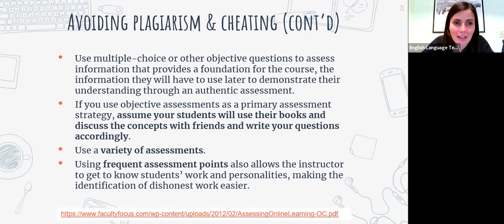If you have a student who could barely write a discussion post, and then they produce at the end, like Gabriel was saying, a perfect text because Google Translate is so good nowadays, right? Then you can catch it easier if you have that knowledge about the student, right? Which in many ways is much easier face-to-face to get to know the students. And so by having them produce all these things, graded or not graded, online, then you get to know them as well and the quality of their work, right?